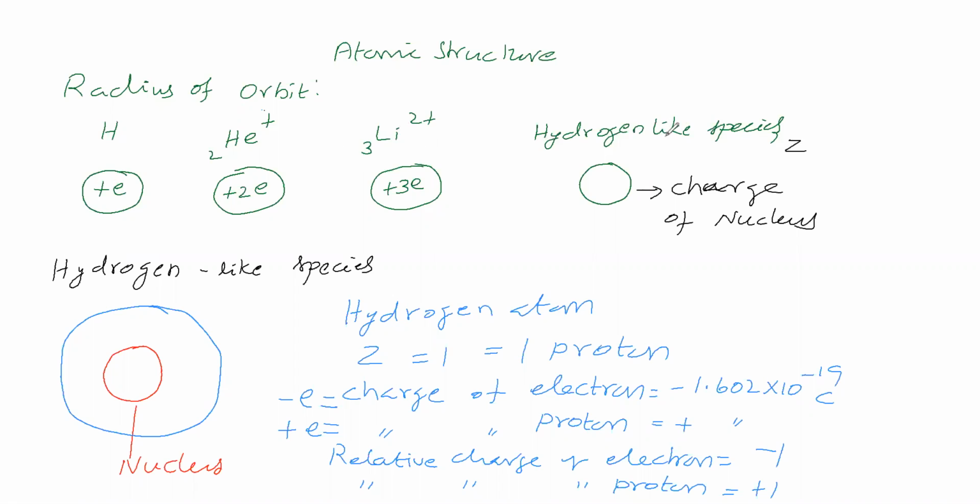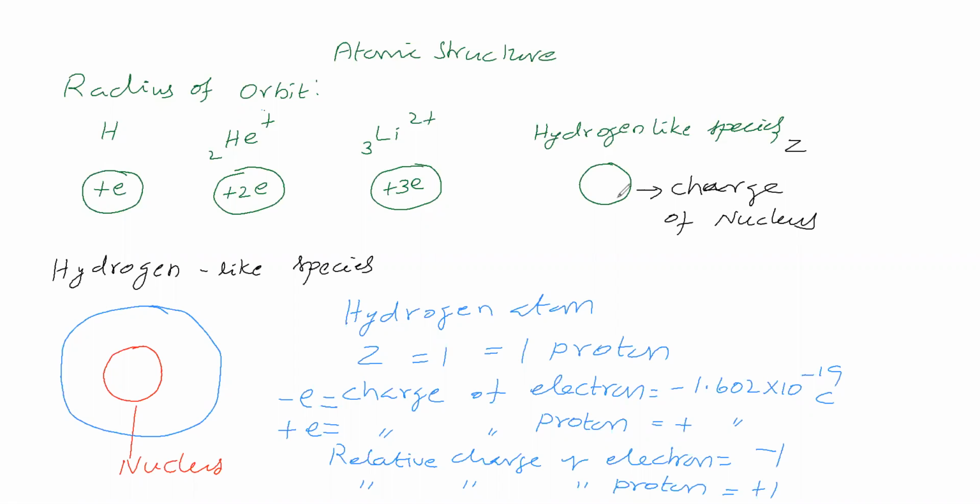For the nucleus charge, how many protons does the nucleus contain? The species is not mentioned, so the nucleus contains Z number of protons. So you multiply the charge with the atomic number, which gives the number of protons. The species is not mentioned, so in general you take Z. So multiply the charge of one proton with the atomic number, and you will get the charge of the nucleus.